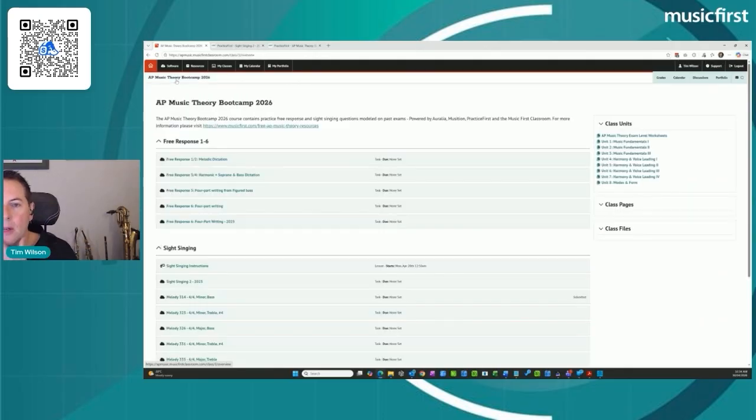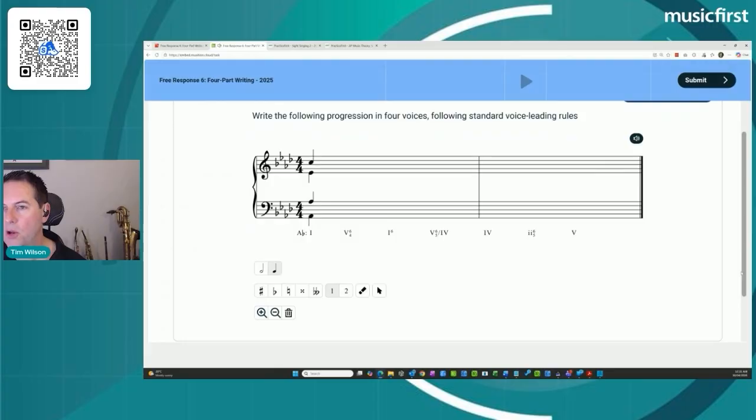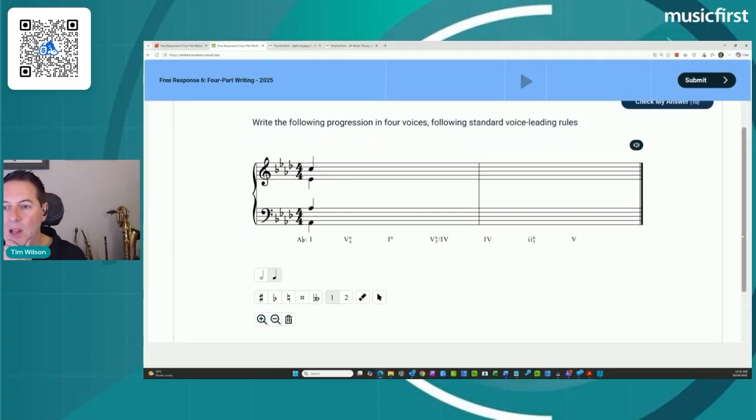Right, so this question has already been mapped out for you. Again, there are lots of other free response 1 through 6 little worksheets here that you can attempt. I will note that these all draw from question pools, so in some cases you can attempt them multiple times. Typically it's great to start with the bass part, get that really locked in. So all I'm going to do here is select voice 2, and I've already got my